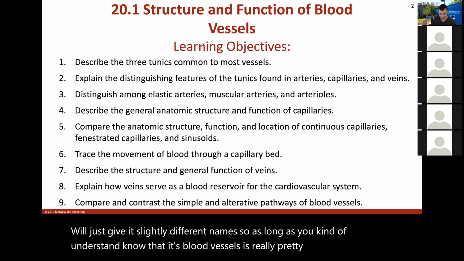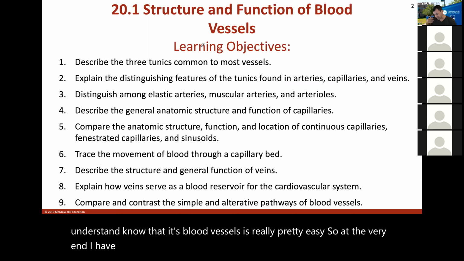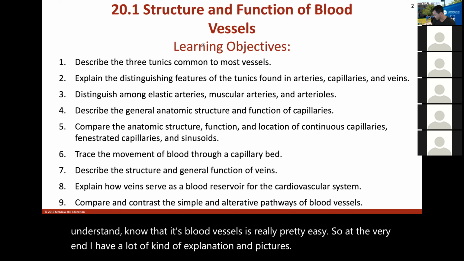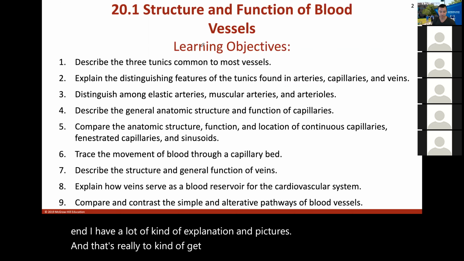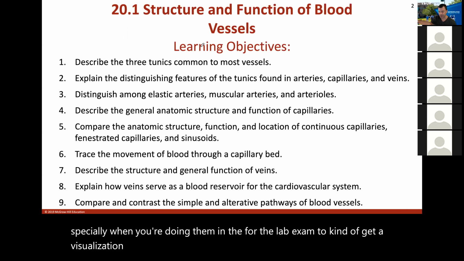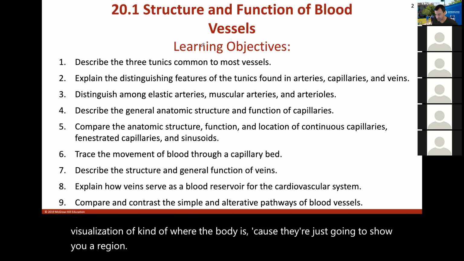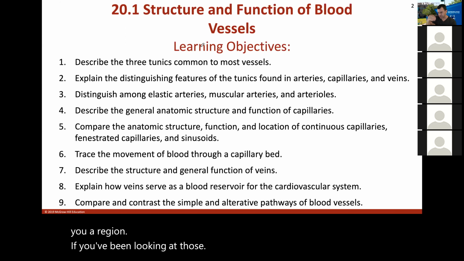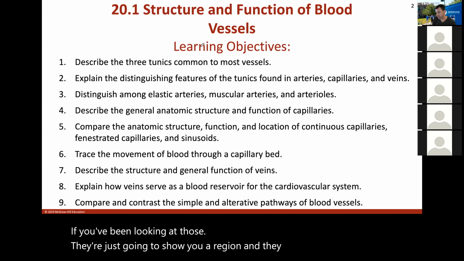So at the very end, I have a lot of explanation and pictures. That's really to give you a better understanding of where they're at, especially when you're doing them for the lab exam, to get a visualization of where in the body they are, because they're just going to show you a region. If you've been looking at those, they're just going to show you a region, and if you understand